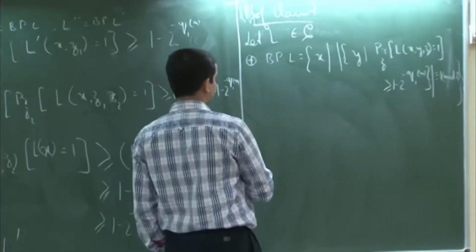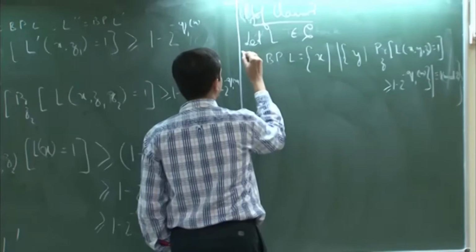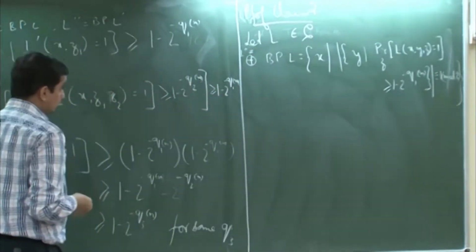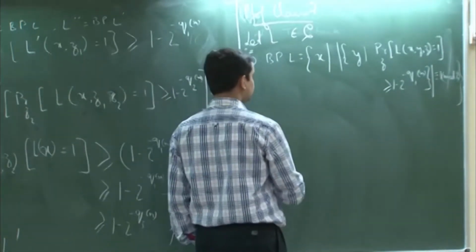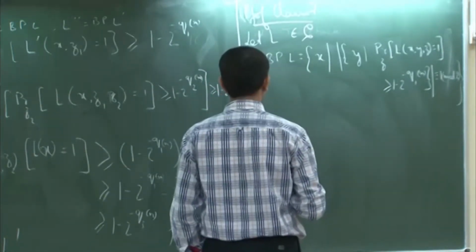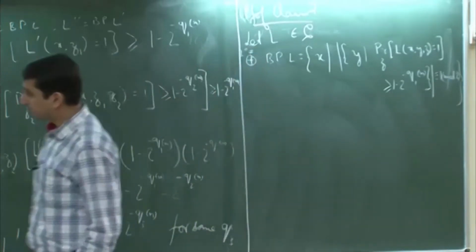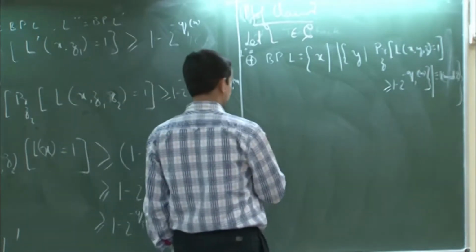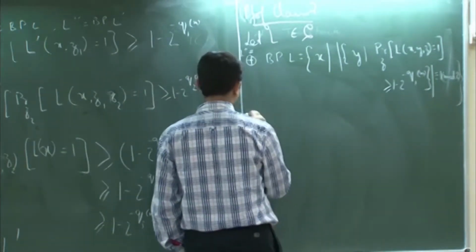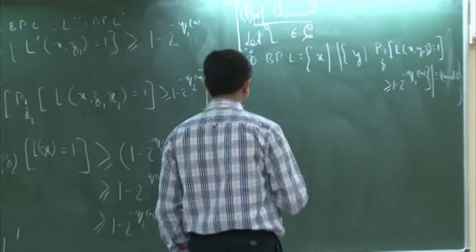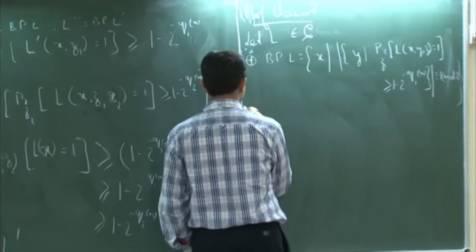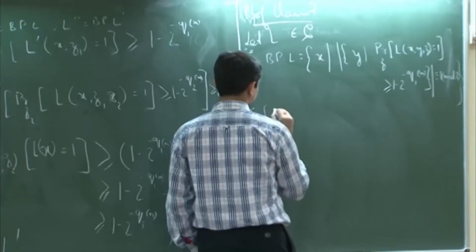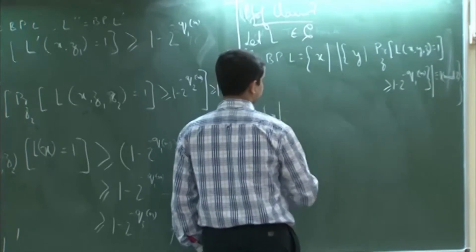So, let me just call this language L double prime, maybe I will need that. Okay. So, what we need to show is that L double prime is contained in BP dot parity dot C, and what we will show is something stronger actually. We will show that L double prime is actually equal to this language L tilde, where L tilde is defined as the set of all x's such that